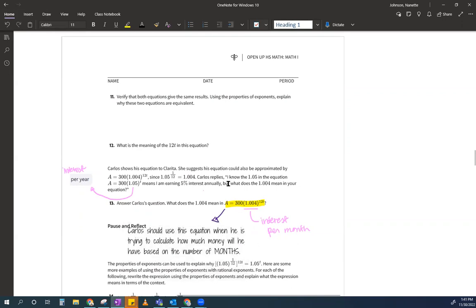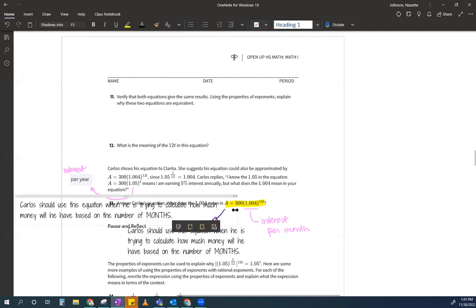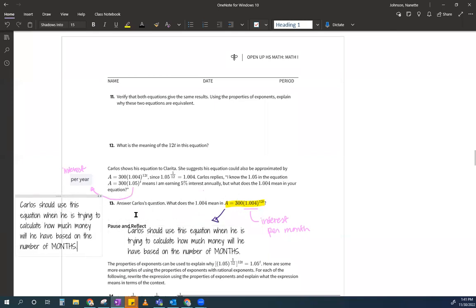Okay, months. When should Carlos use this one? Yes, not months. Ms. Johnson, you're gonna just copy and paste that whole phrase? Yes. Because you should use this one when it's on years. Does that make sense? Ms. Johnson, are they going to give you the same answer? Yes, as long as you calculate